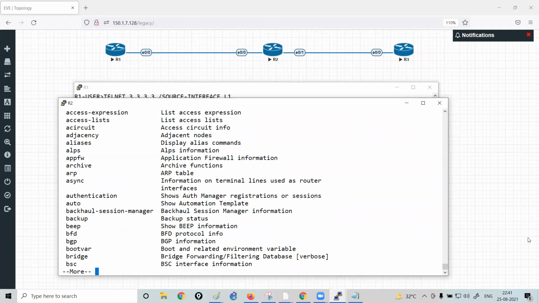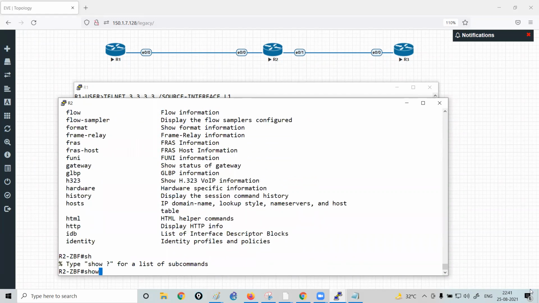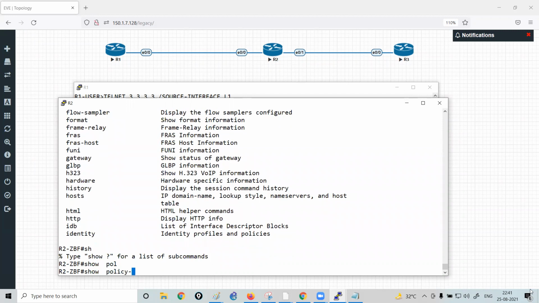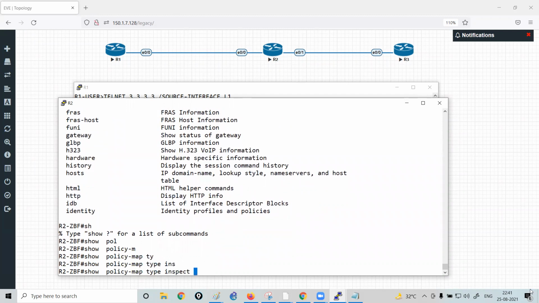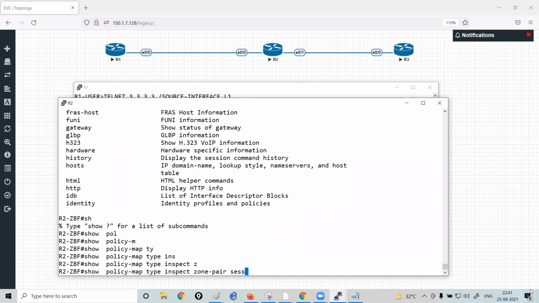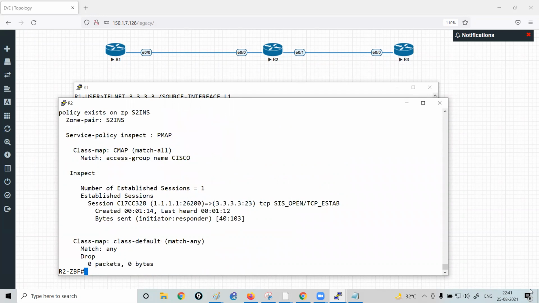The command is show policy-map type inspect zone-pair sessions. So this is the command: show policy-map type inspect zone-pair sessions.